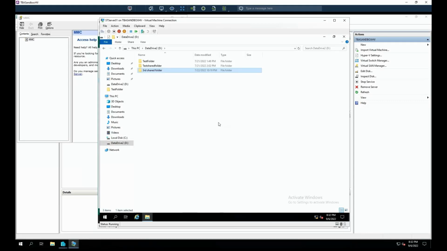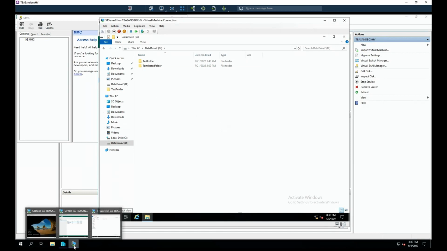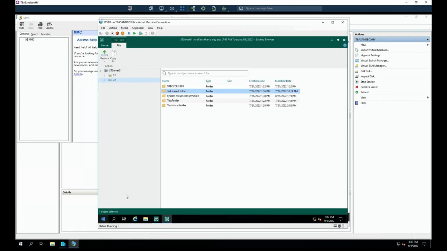In this video, we are going to delete and restore a shared folder. So on ST Server 01, we have the third share folder, and then we hit delete, gone. Okay, now to restore it, we go to STVBR,